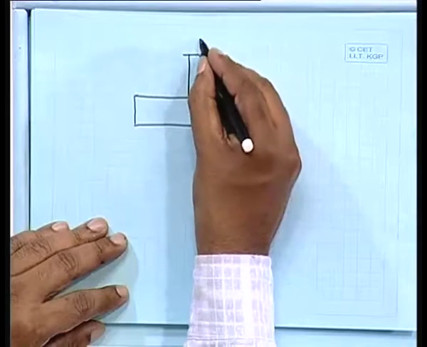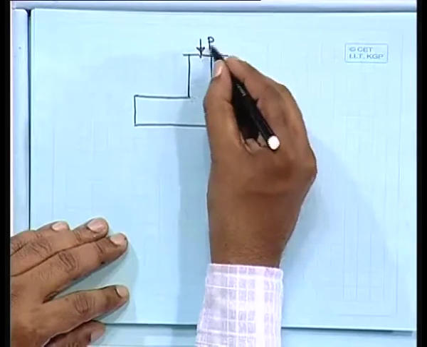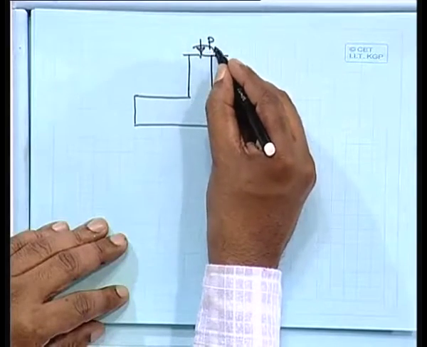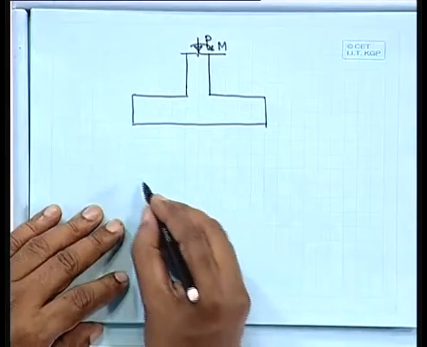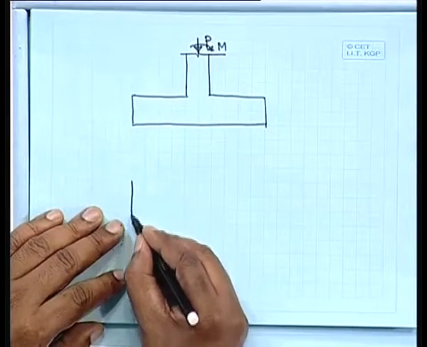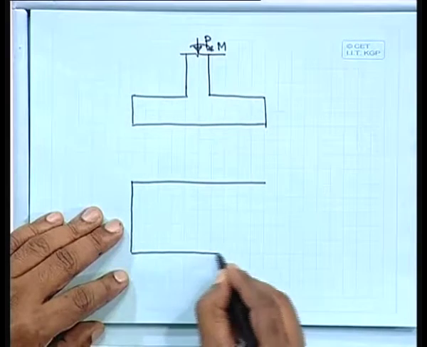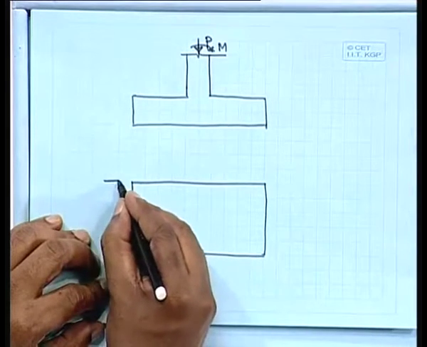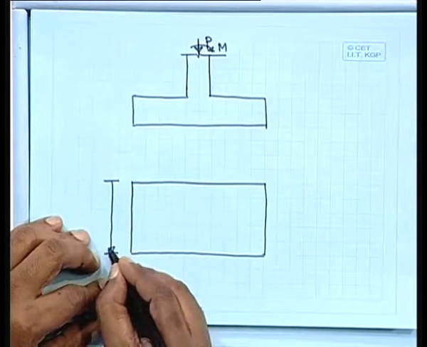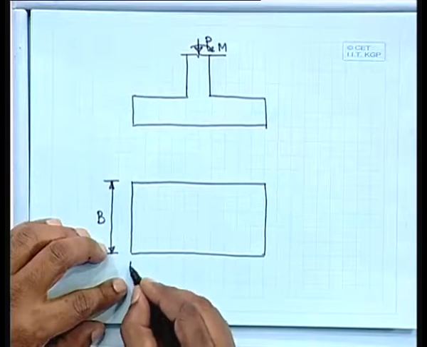Let us say the load applied is P and moment say M, okay, and the plan of the footing, let us say this is B, that width, and this is length L,